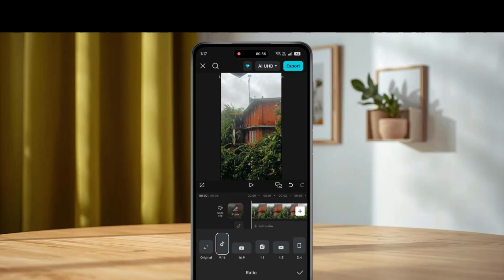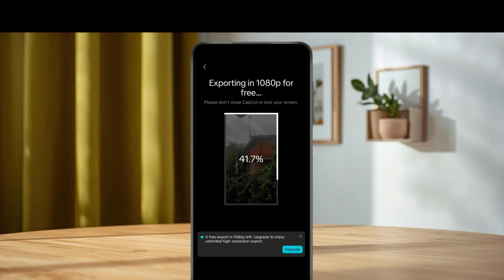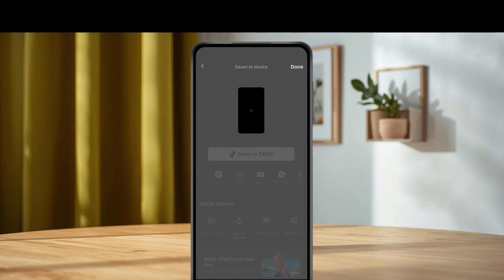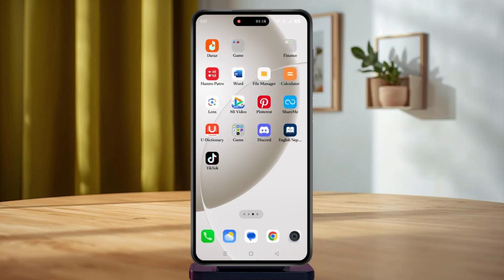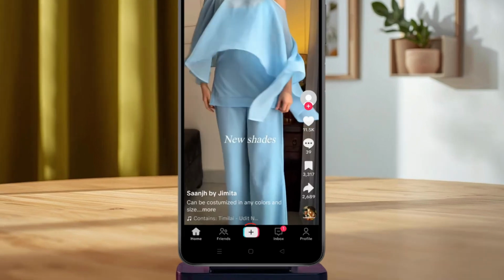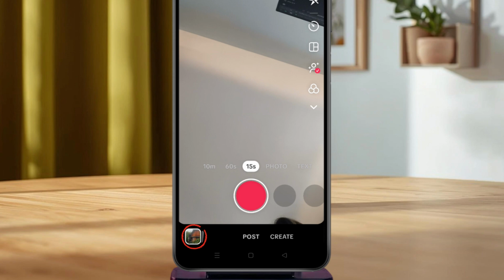Once everything looks good, tap the Export button in the top right corner. Wait for the video to finish exporting and save it to your device. If CapCut asks you to share the video directly to TikTok, it's usually better to skip that option and simply save the video first. Then open the TikTok app, tap the plus button, and select Upload or Gallery to choose